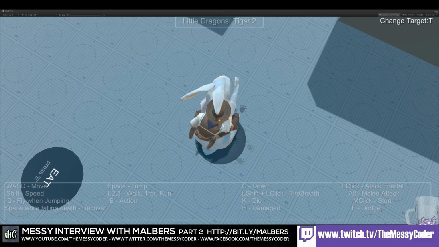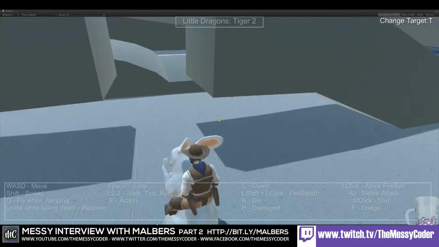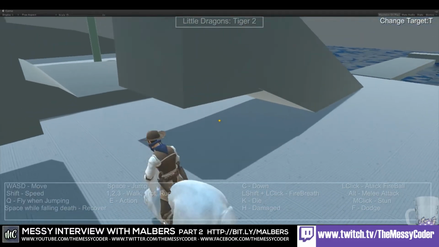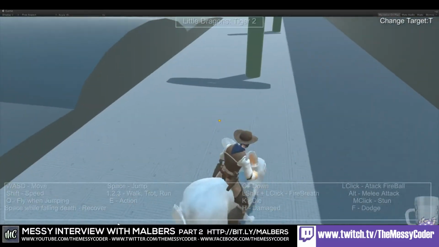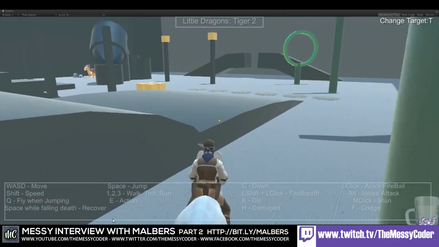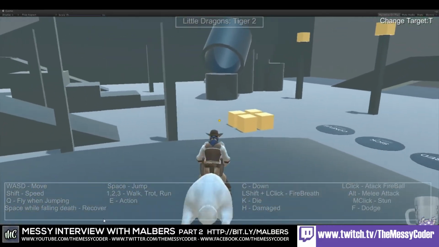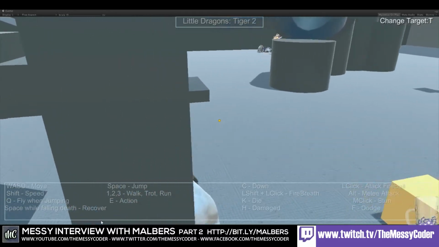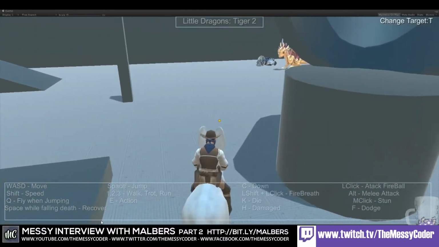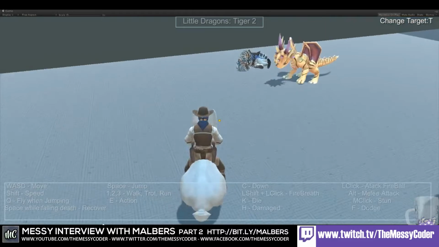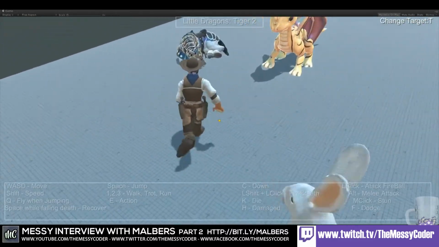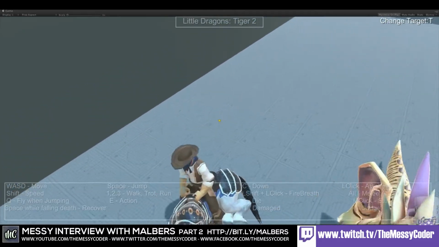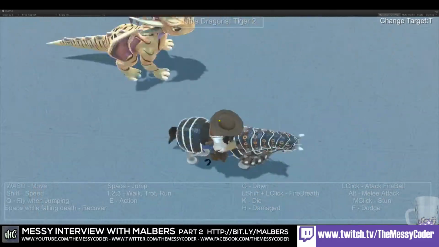But the problem is that when you've got a model, because if we go to, let me go to the horsey. Let me ride my rabbit to the horse. So those who don't know, when you are getting your own third-party model to work with Malbers animation set. Hang on. Get off the horse. Get off the rabbit. Here we go. Get up. Come on. I love that. So